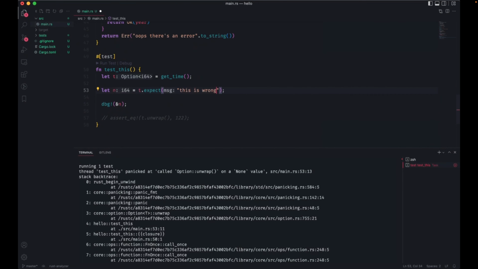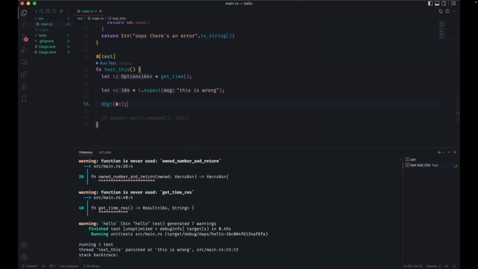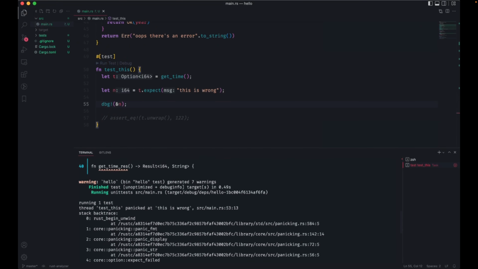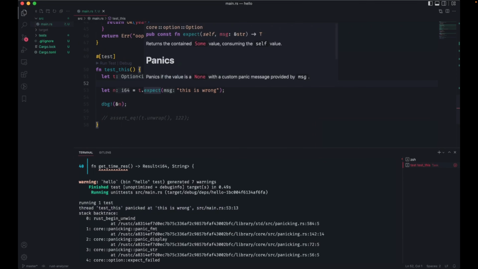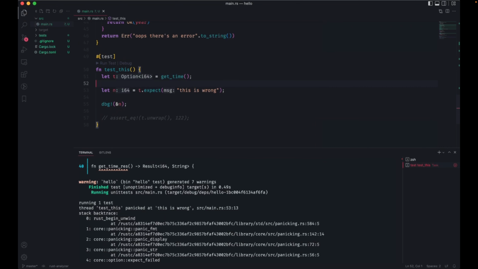This is wrong. Yeah, and so now when I run it and it panics, I still get the whole panic trace, but instead of "I'm trying to unwrap an option," I get the actual message I'm expecting to see. So it's still panicking, but it's panicking with a message, so that might be better, but it's still not right for systems type development. Unless we actually want the system to panic, and there are some cases we want to do that, but we rarely do. We usually want to handle things.